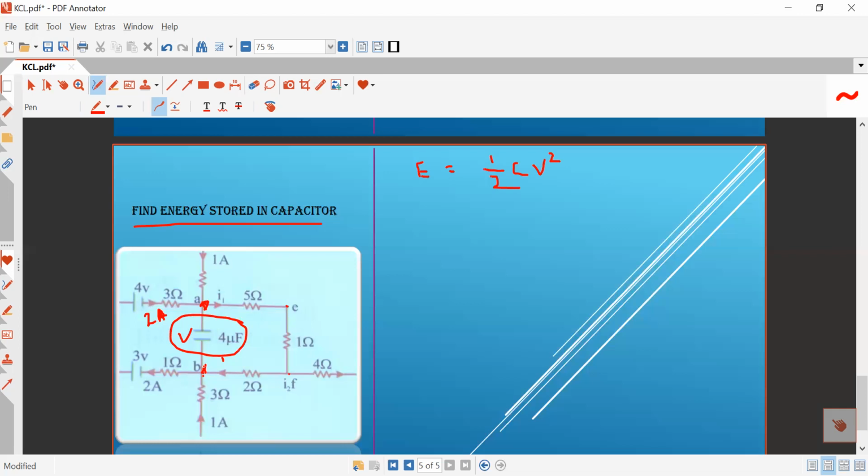How will you determine? For the estimation of potential difference, the current in the various branches of the circuit is required. So first, by using Kirchhoff current law, you can determine the current in the various branches of the electric circuit. For this problem, you can see here at point A, incoming current is 1 ampere plus 2 ampere. Incoming current is 3 ampere, and according to Kirchhoff current law, outgoing current will also be 3 ampere. So in this way, you can determine the current in branch AE, and since there is only one path from E, the current of this branch will also be 3 ampere.